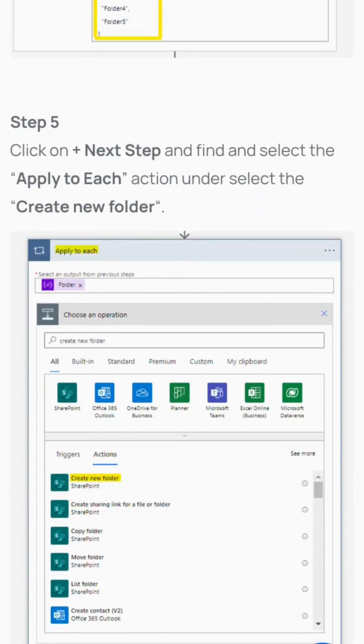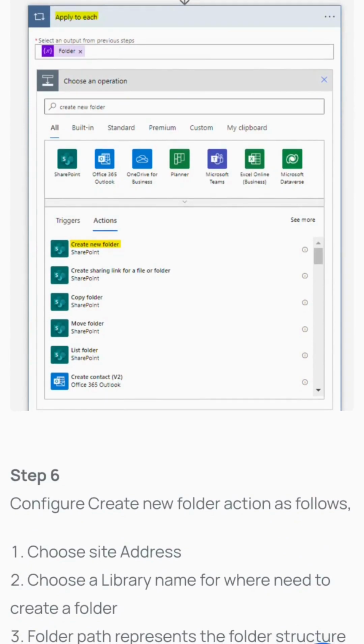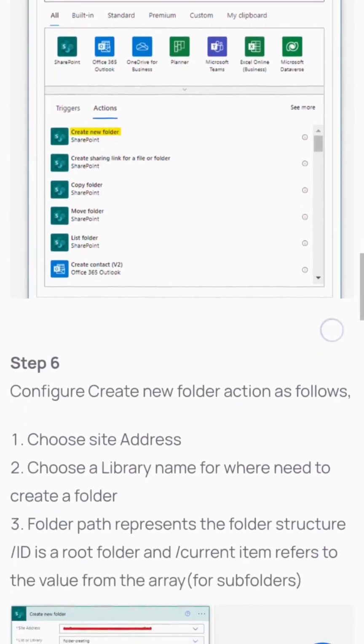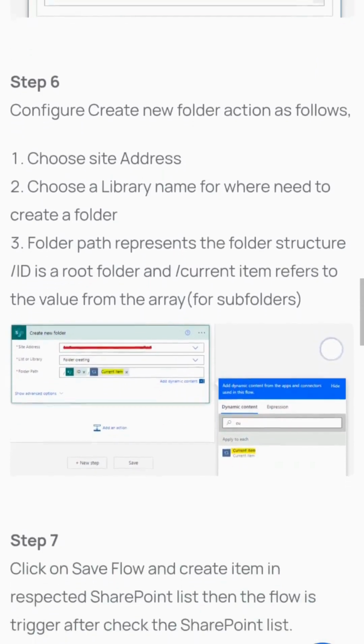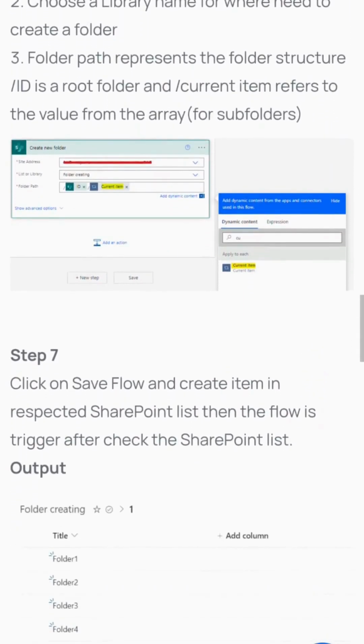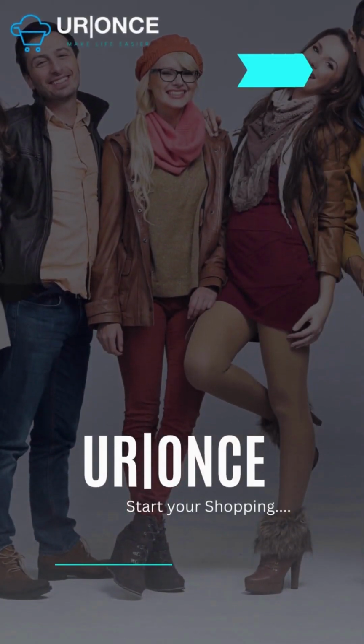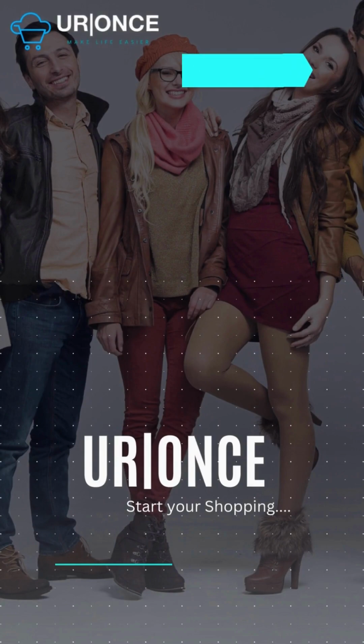Find and select the Apply to each action, and under it select Create New Folder. Configure the Create New Folder action as follows. Choose the site address. Choose the library name where you need to create the folder. Folder path represents the folder structure. ID is the root folder and current item refers to the value from the array for subfolders. Click on Save Flow and create an item in the respective SharePoint list, then